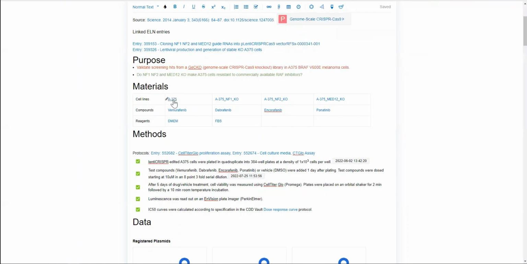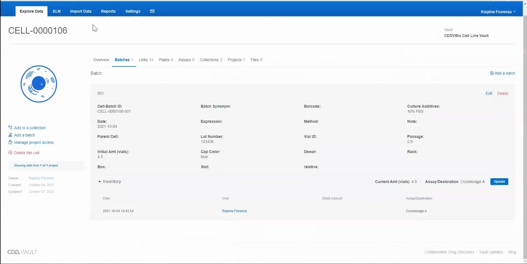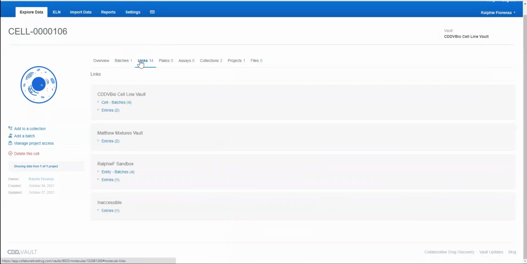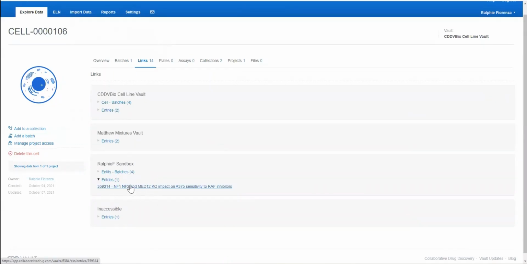I've done that with my materials table linking out to particular cell lines. You can see this A375 cell line is underlined, and if I click on it, I will be taken to the activity and registration system where this particular batch of this cell line that I have used has been registered. We will also maintain a link back to the particular ELN entry that I was just in automatically. Navigating back to the ELN entry,